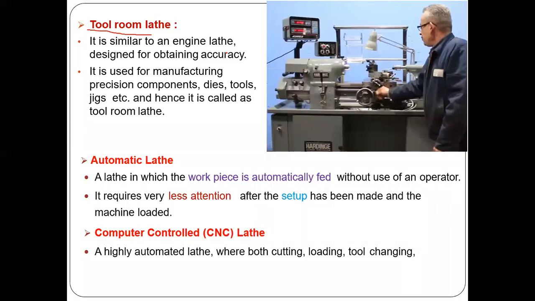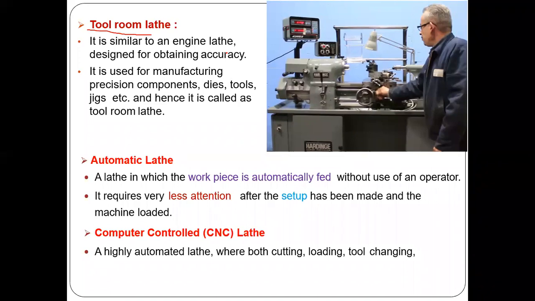You know, previously in the lathes, even though the speed is given by the lathe machine itself, the feed as well as the depth of cut is given by the operator. So when you're working in your workshop on the wood cutting lathe, the cutting tool movement is done by the operator only. The operator is controlling the feed as well as the depth of cut. But in an automatic lathe, all the operations, from feed and depth of cut, even fixing the workpiece and removing the workpiece, everything is done by the lathe only. That kind of lathe is considered an automatic lathe.